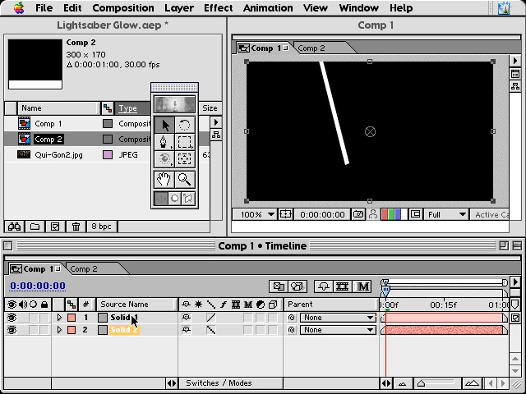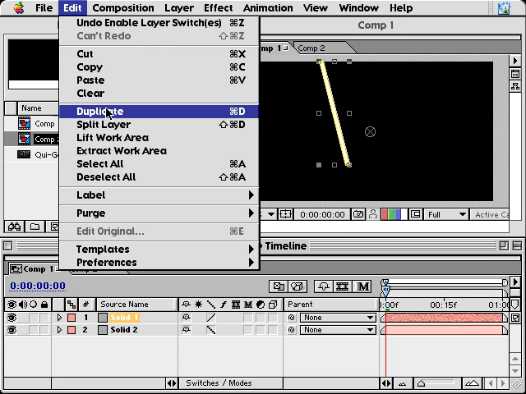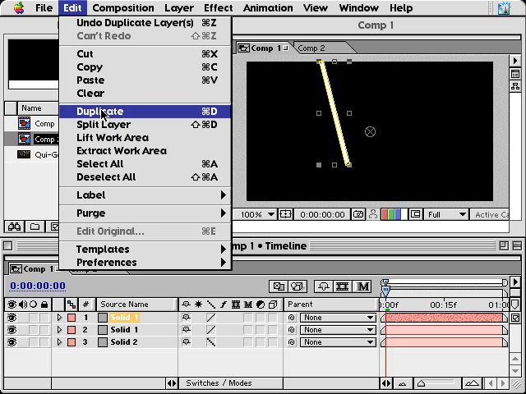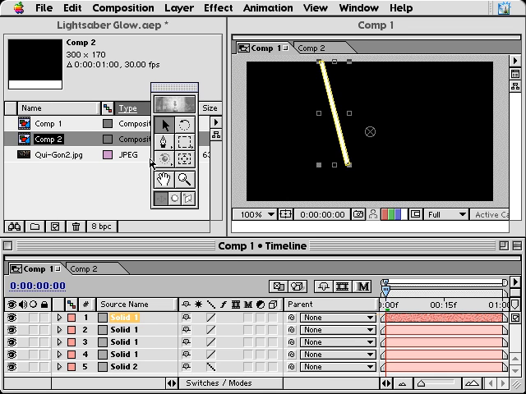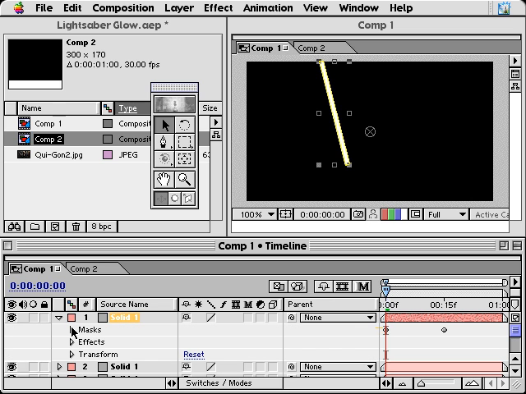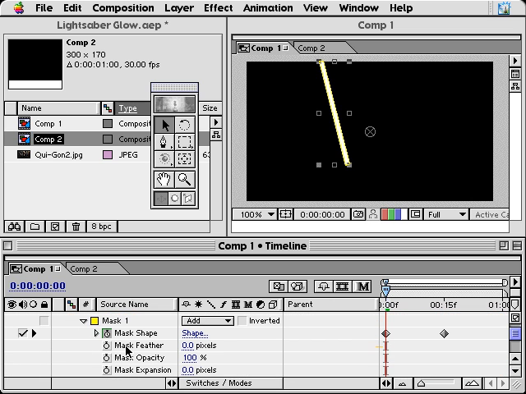Alright, now if you're familiar with my Photoshop method, you probably guessed that the next step is to take our saber core layer, and we're going to duplicate it, not once, not twice, but thrice. And this first layer here is going to be our core, and the next 3 will be the aura layers after they have been blurred. Now let's go into the first layer and open up masks, mask 1, and we're going to give it